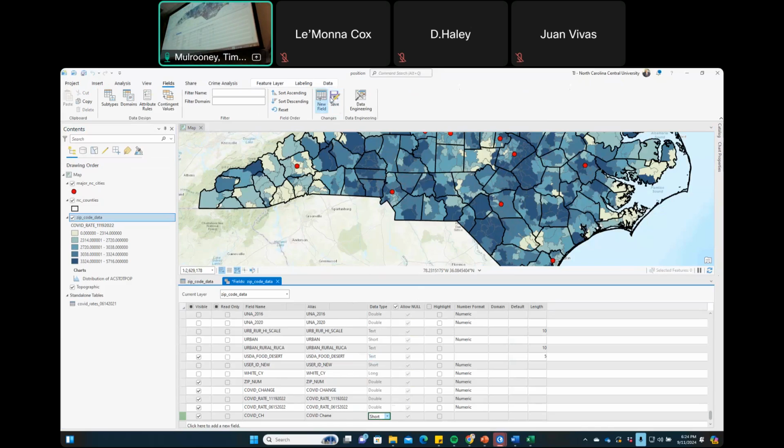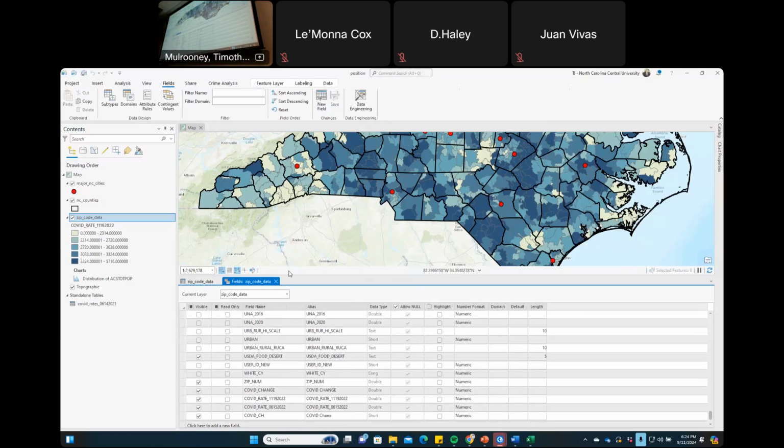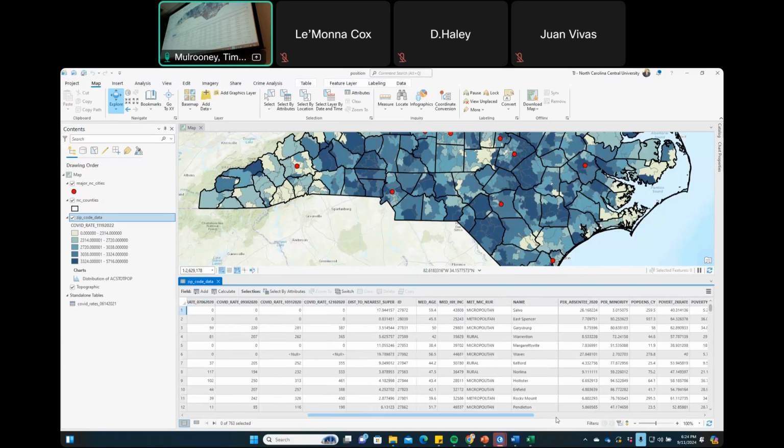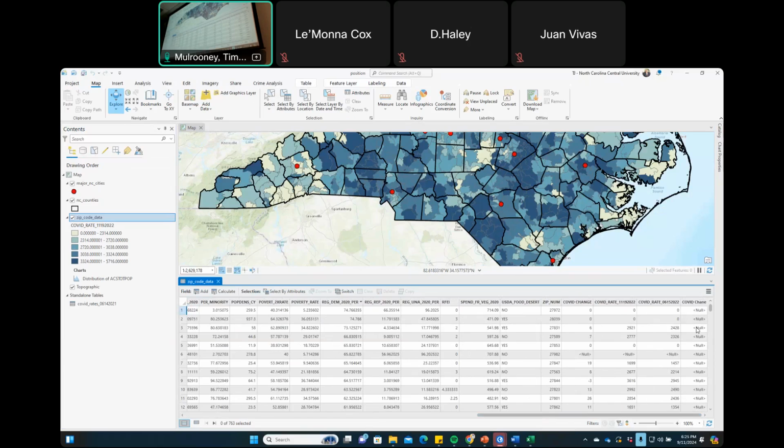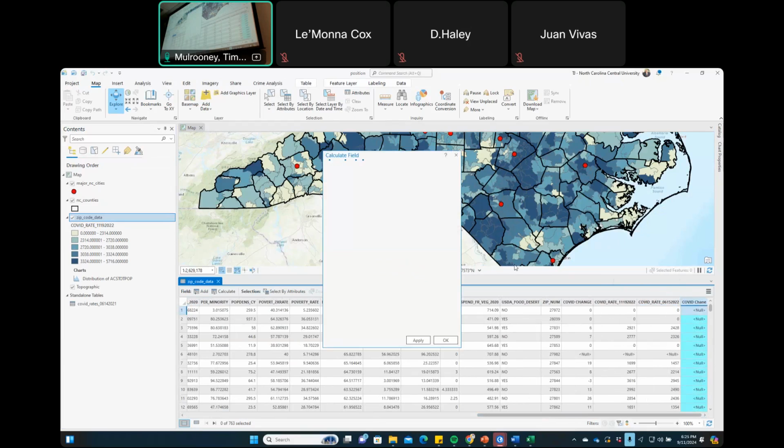And then up at the top, I'm going to click Save. I think we've already done this, right? Okay, so we're going to click Save right there. Now this is where it gets a little tricky. All the way to the right, I have a brand new column called COVID change. I'm going to right mouse click and click on Calculate Field.